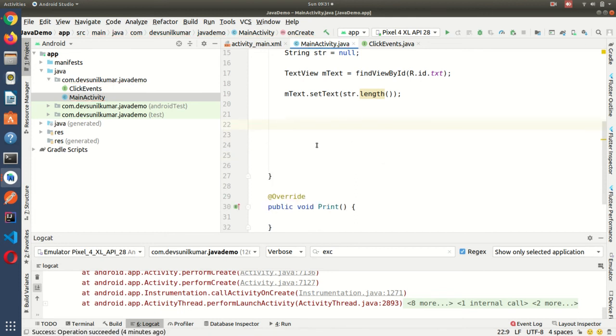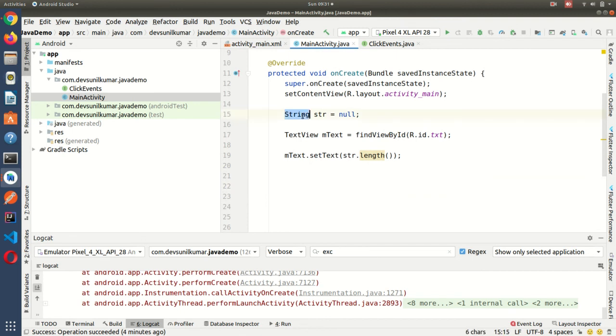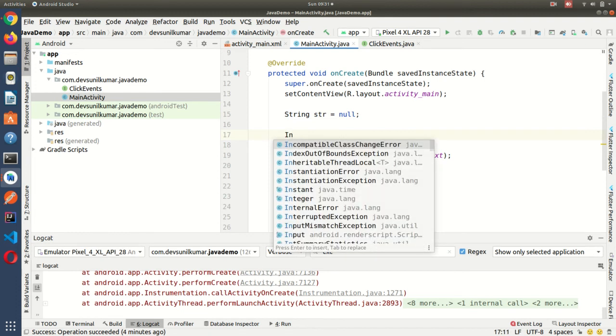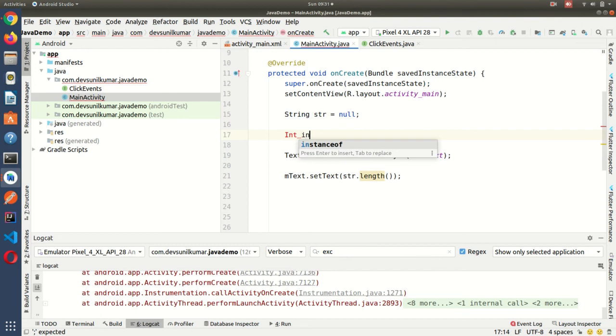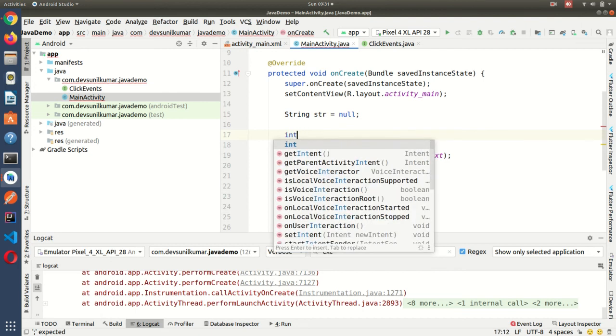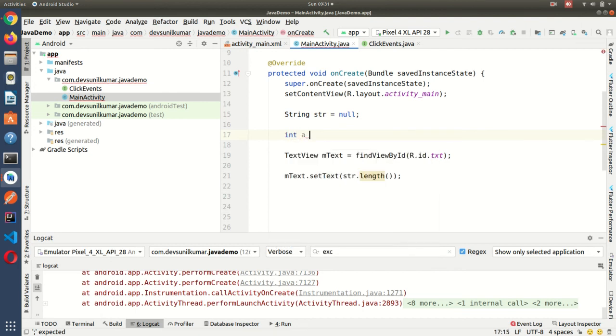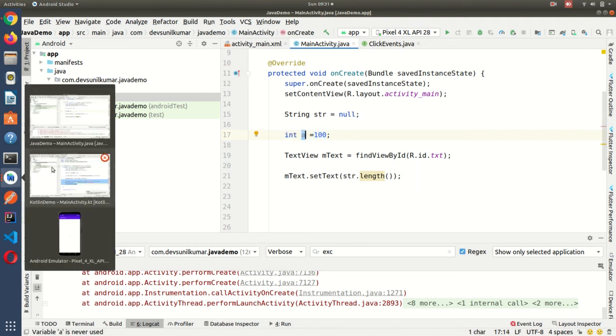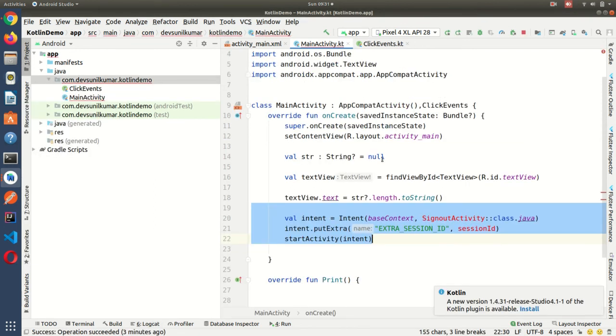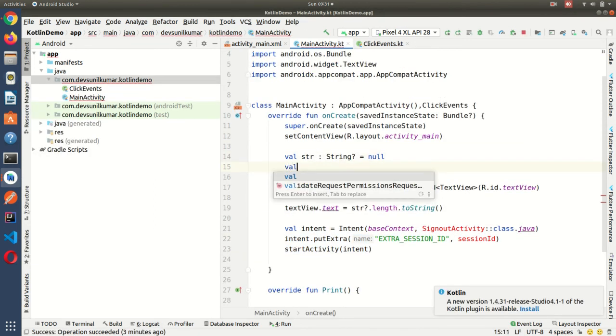Another difference: here in Java, if I am writing a string, I need to put the type. Suppose I want to take one integer, so for that I write int a is equal to 100. I need to first declare the integer type, then it understands it is an integer. But if I write the same thing in Kotlin, here it is val a is equal to 100.